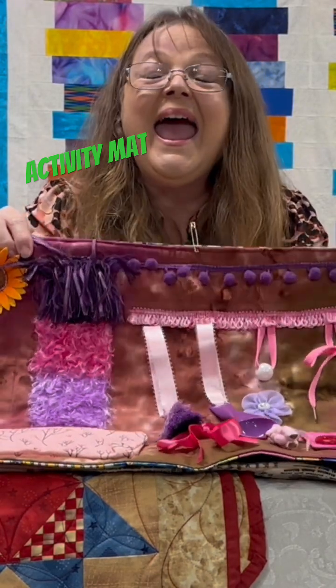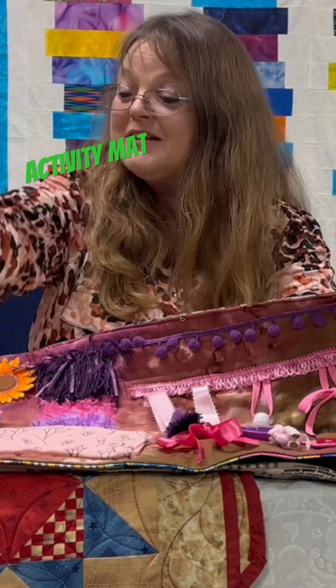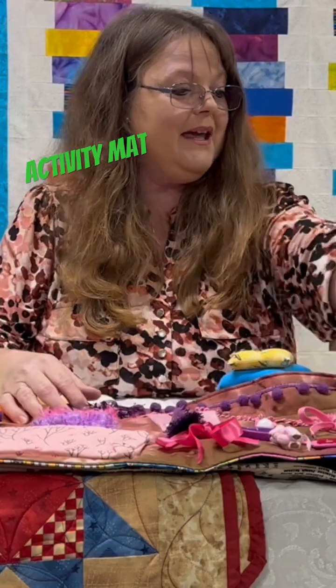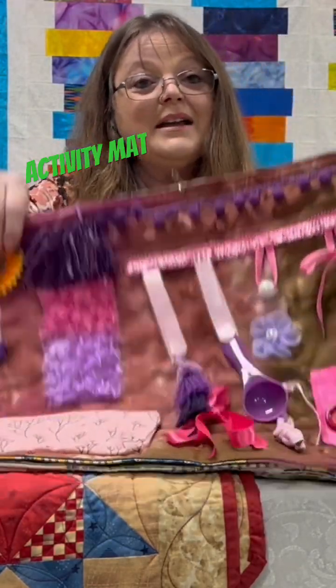So I want anything and everything to draw people into my booth, because if you come into my booth, chances are you're going to buy something. And if I have different things that are going to catch your eye, I've got a better chance